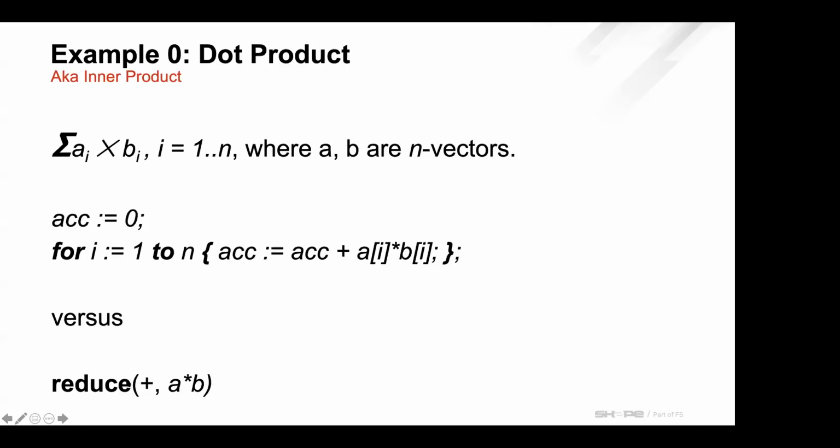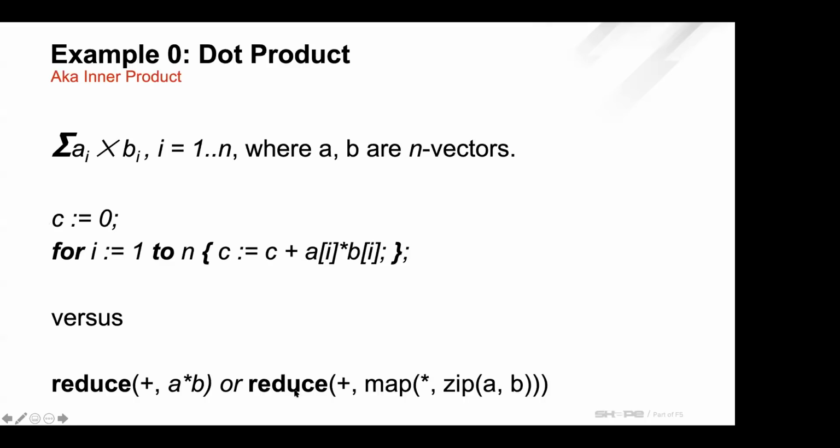When you see reduce, you might think of functional programming. For what it's worth, this is where they got it from: APL. The reduce as a programming construct was introduced in APL, and there's a reason it's named reduce, which we might mention as we go along. But there's more going on here than the reduce of functional programming, because if we were to write something in functional programming, it would look something like this, right? Because there's this whole process of mapping that basically does the pointwise multiplication between these vectors that has to happen,